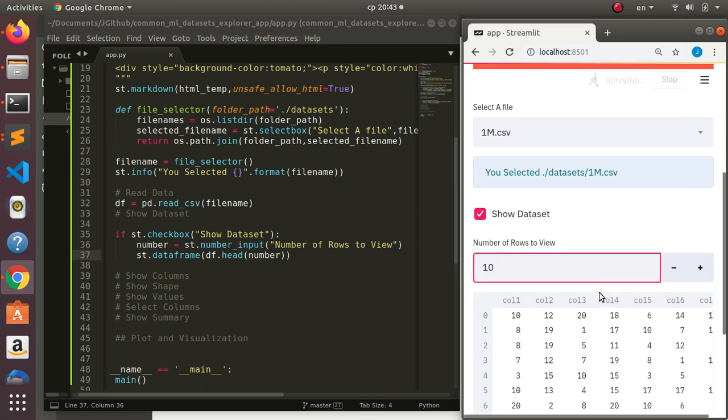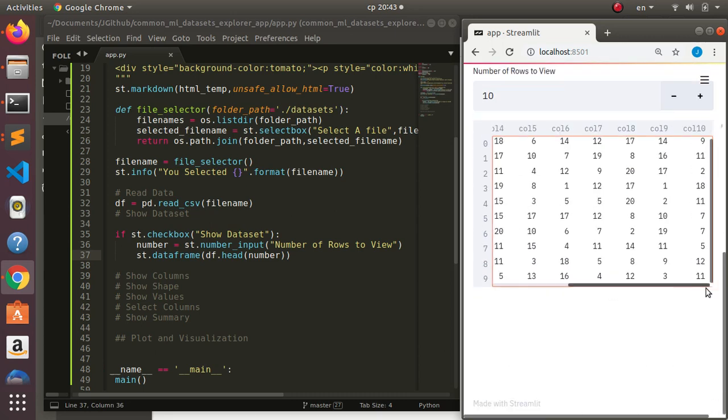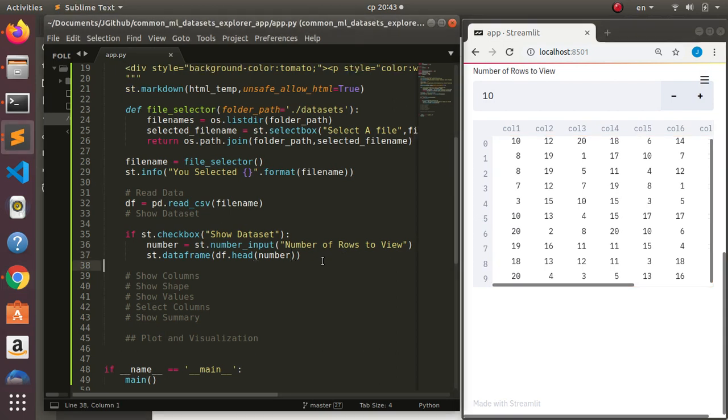So it's going to print out for us. Very, very cool. Wow, that is so cool. That is so nice. Okay, that is one aspect for showing our data set. Now let's move on to the next aspect of